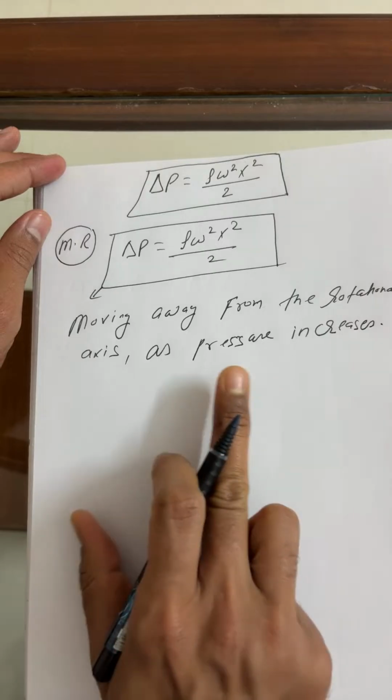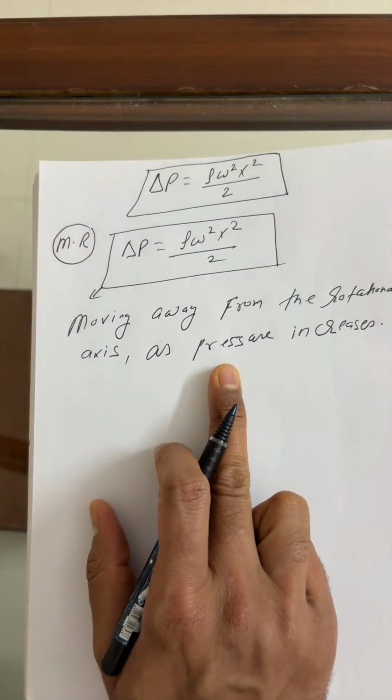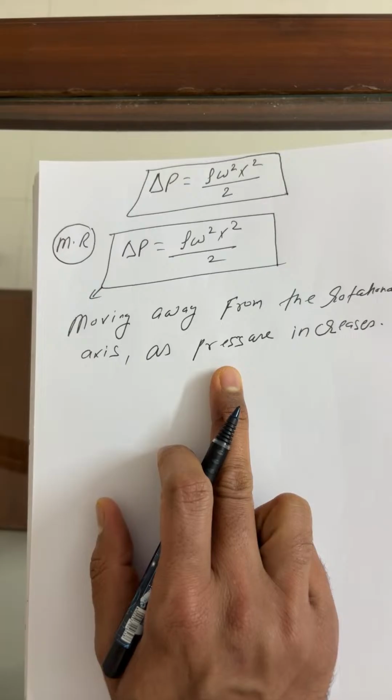Pressure increases. So you can connect here like I said, delta P is rho g h,